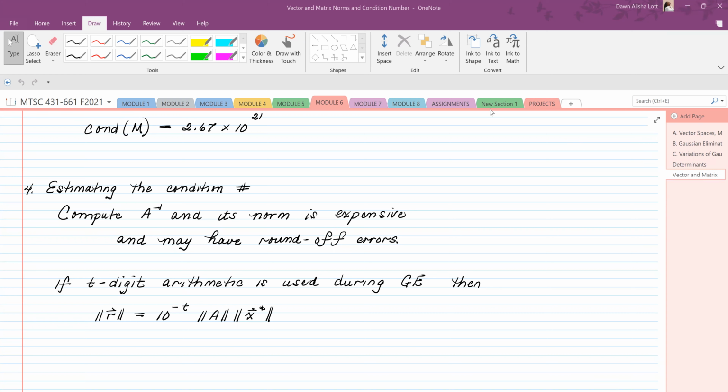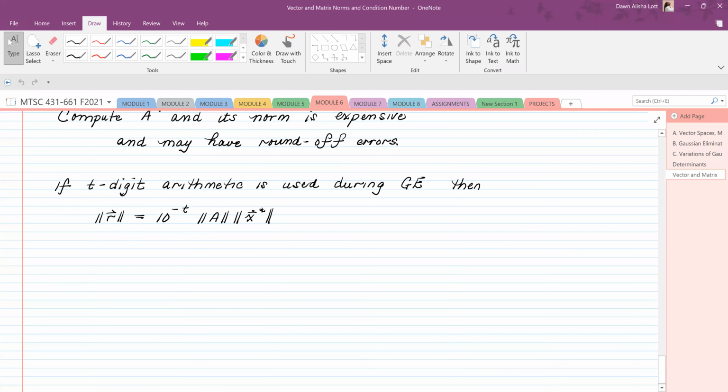So if you want to compute A inverse, a way of estimating the condition number is to just say that the condition number of A, we were just about finishing this. I was going to do a proof, but we're running out of time. So the condition number of A is approximately